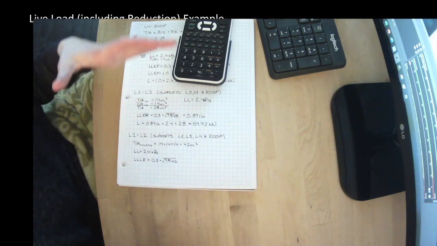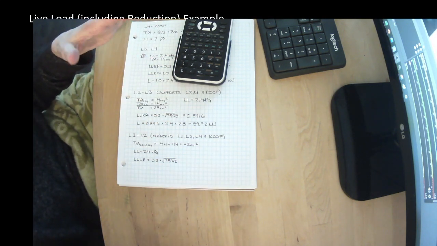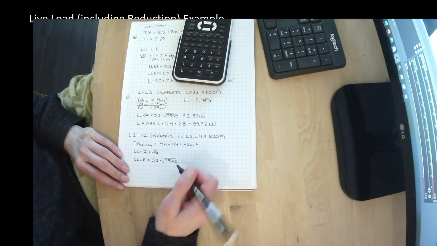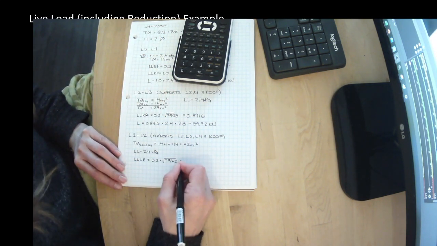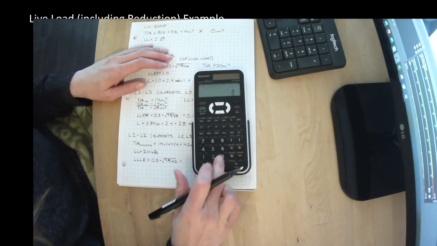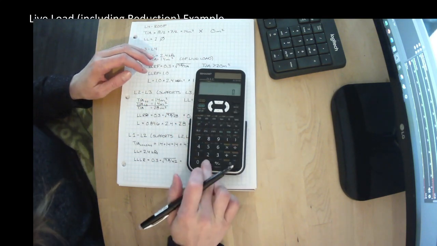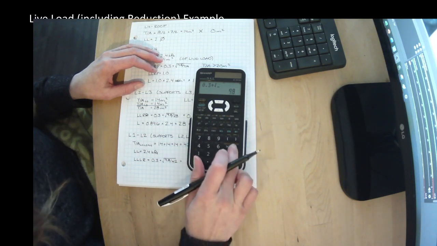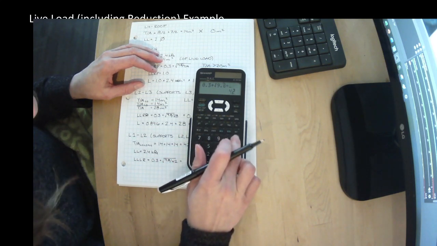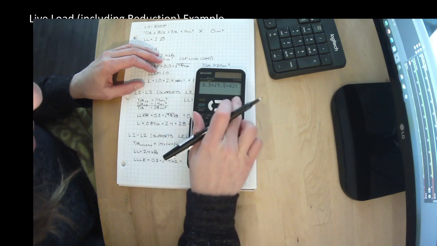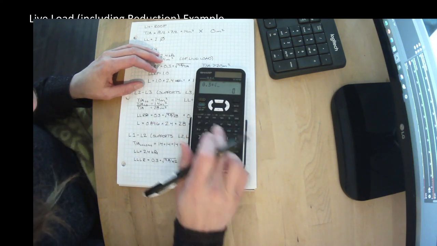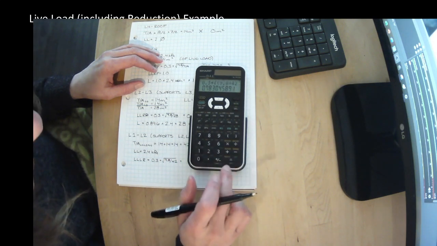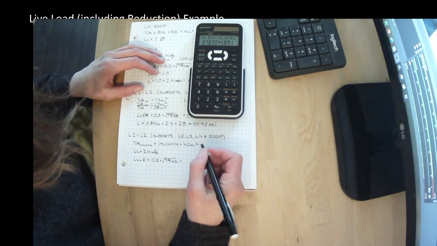Remember, as the area gets bigger, the statistical probability of it being fully loaded goes down, which means we should get a lower live load reduction factor. 0.3 plus the square root of 9.8 divided by 42. Oh, I forgot a bracket there. 0.3 plus the square root of 9.8 divided by 42 equals